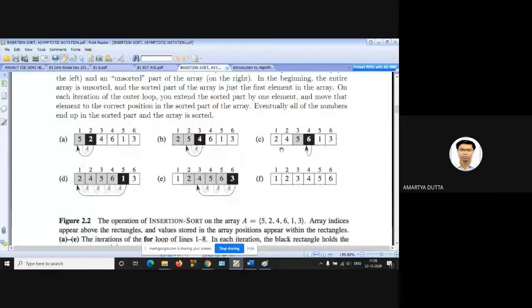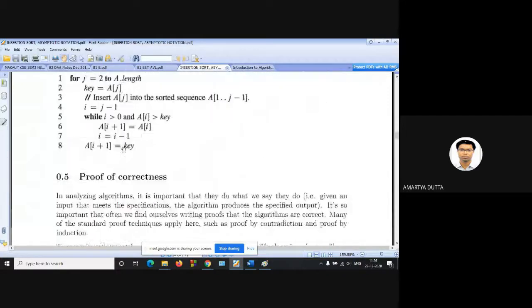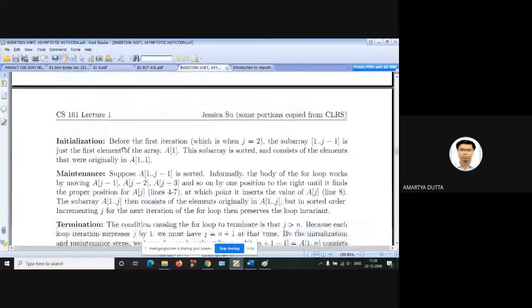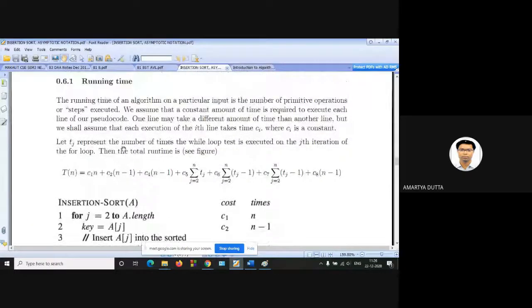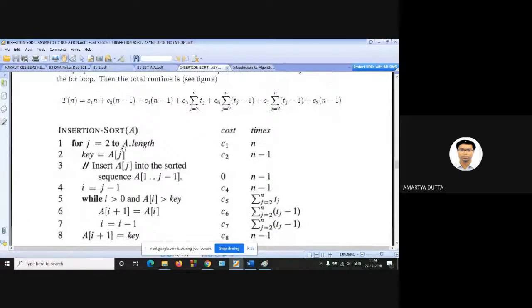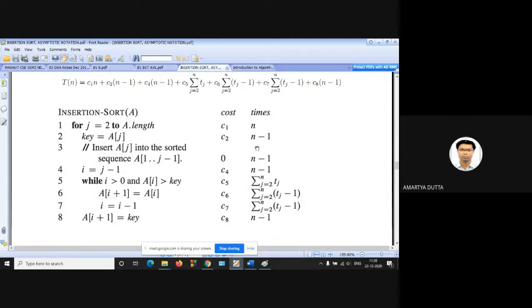So this is the execution of the given array. Now the running time. The running time is order of n square in the worst case and average case, because the first line will run up to n times.